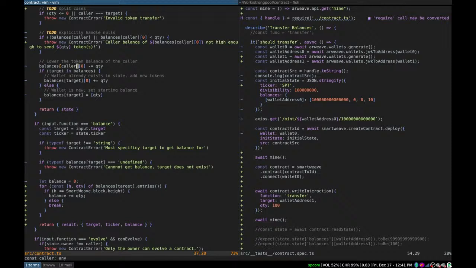I think in reverse order, right? So we want to start at the highest height where we have an available balance, and then subtract from that, so we sort of clean up the array when we transfer stuff. That will keep our state a little tidier. So that needs to be implemented. I'll probably implement that